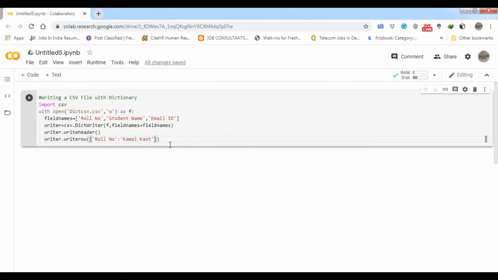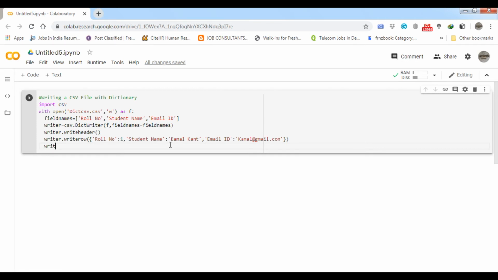First roll number, which can be a number also, comma, and then student name, Kamal Kant. Next, email ID, suppose kamal@gmail.com. Okay student.